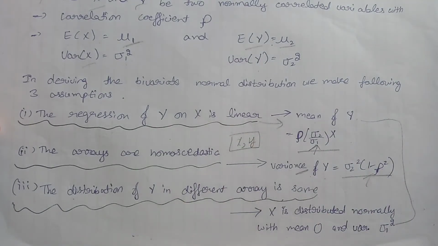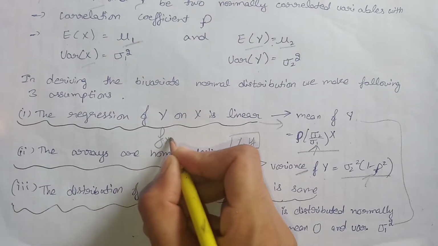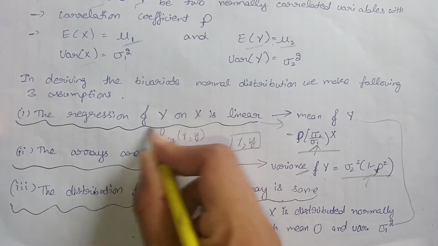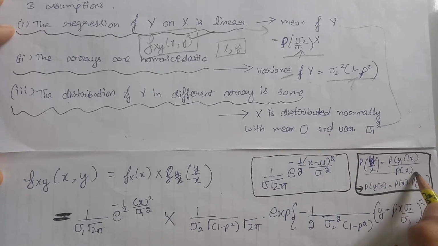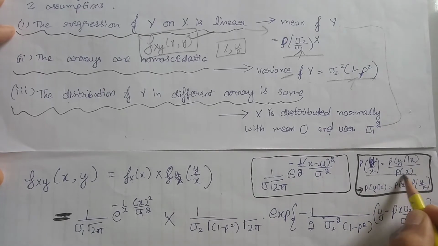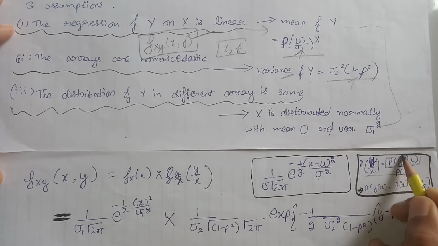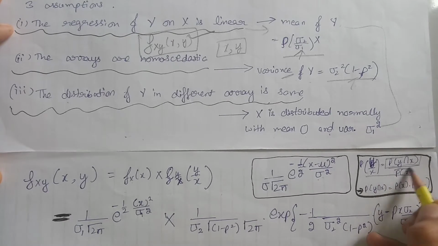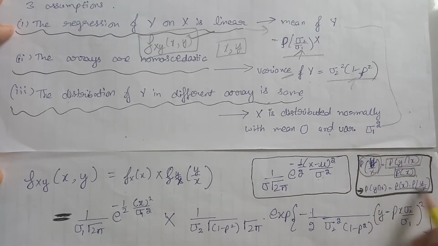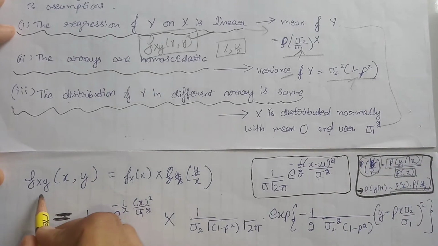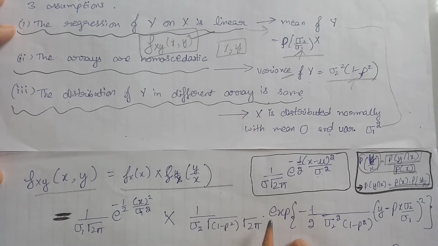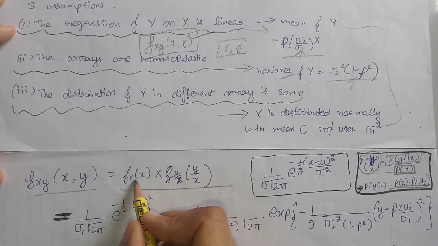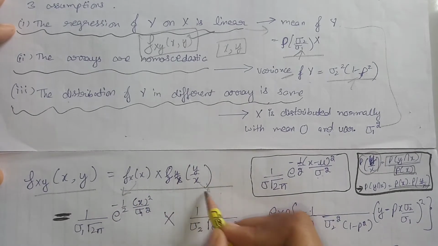That means basically we just have to calculate the joint probability density function of x and y, that is this value. Now we know that according to this formula of probability, the joint probability density function of x and y is equal to this multiplied by this term. That is the formula of the joint probability density function of x and y. Now we have to write here the value of this PDF and the value of this PDF.